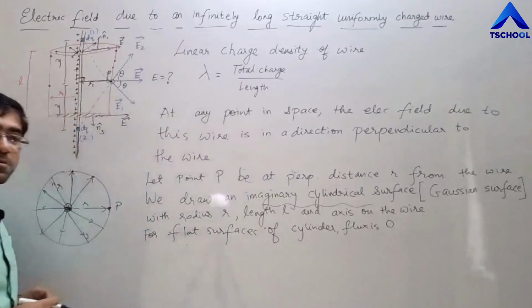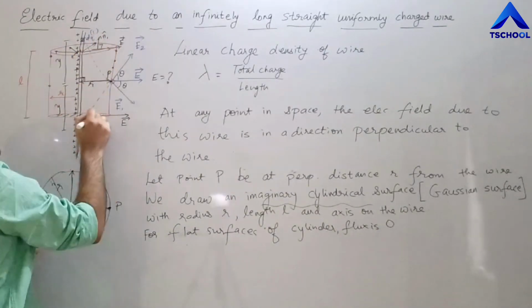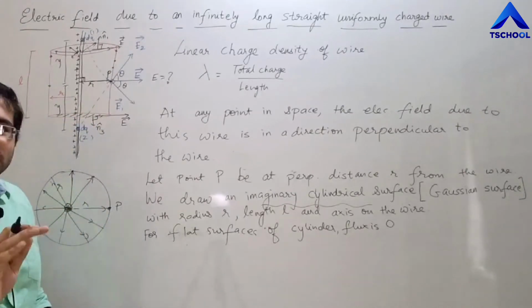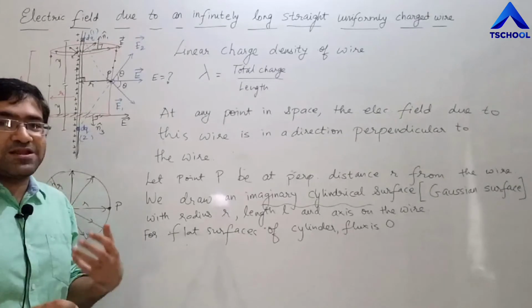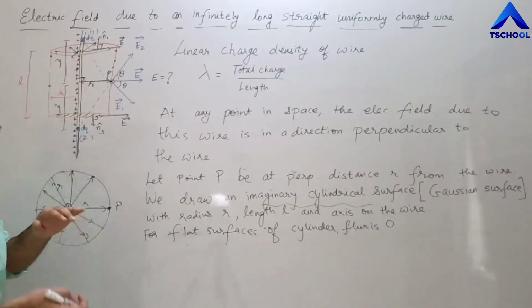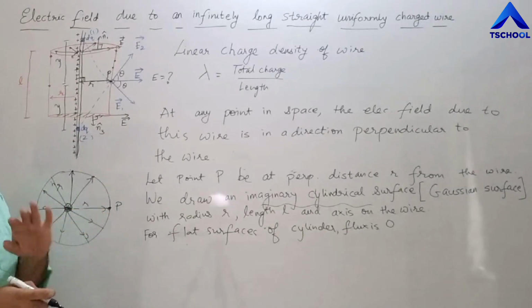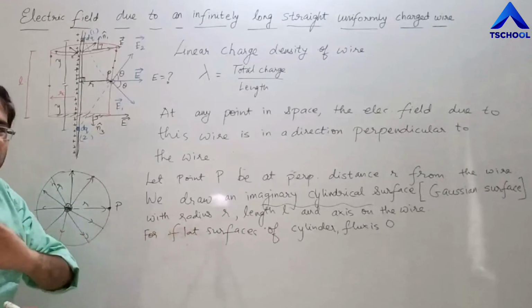Why is it 0? Because the electric field and the area vector are perpendicular to each other. So that's done. Again, this is exactly like a question that we did earlier. We take this surface and we can split it into 3 parts: flat, curved, and flat. So flat surfaces we are done with,